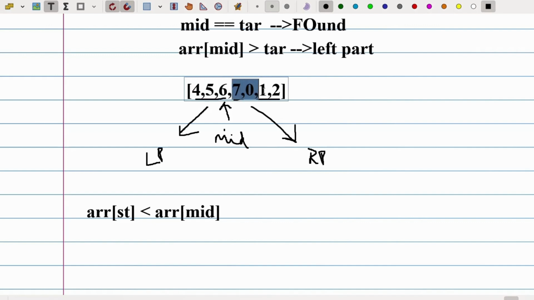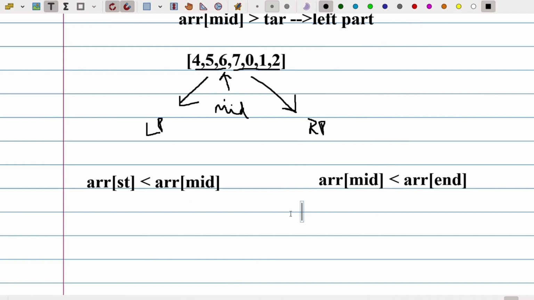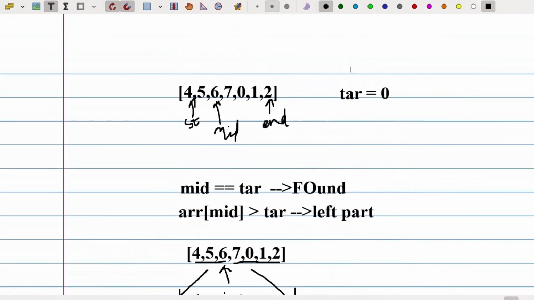the middle elements will be arranged in series only, so obviously the left part will be sorted. And here also, if we want to check whether the right part is sorted or not, if array of mid is less than array of end, this condition is true, then our right part is sorted. Whichever part is sorted, we have to apply the binary search algorithm on that part first, and then we have to check if our target, that is 0,